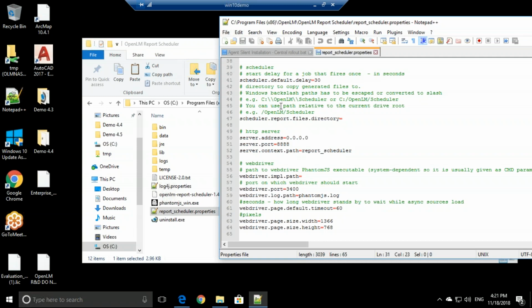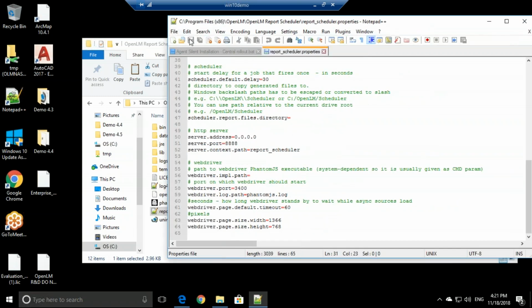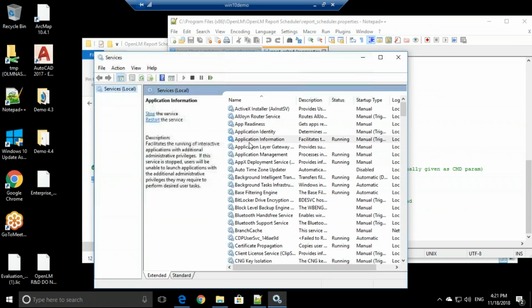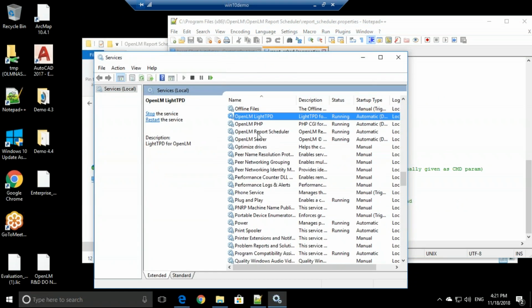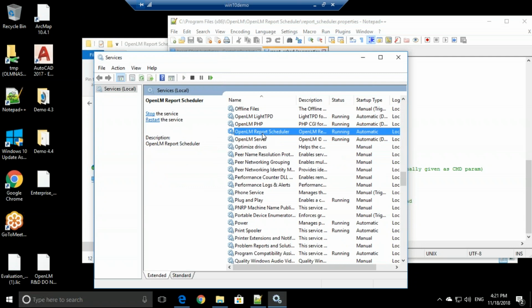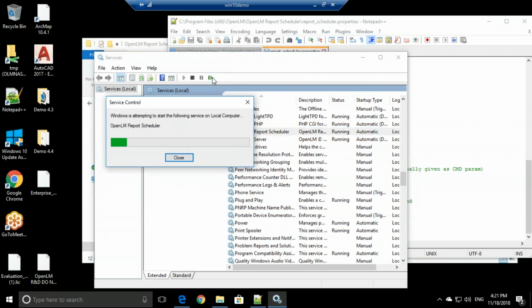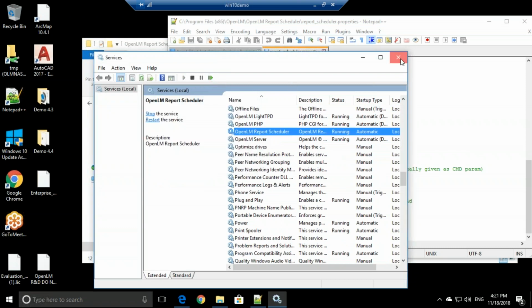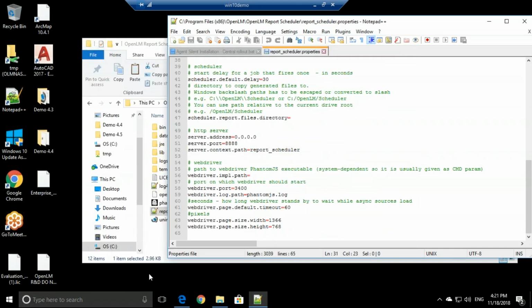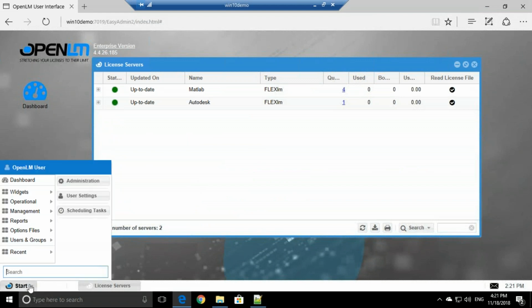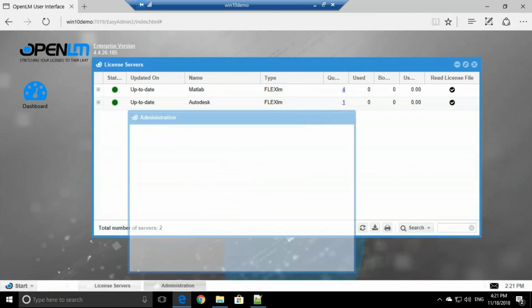So that's it. Once it's saved, you simply need to go to Services and there find the OpenLM report scheduler. Simply restart the service, and that's it. Now, let's open up the OpenLM user interface again. Click Start, Administration,